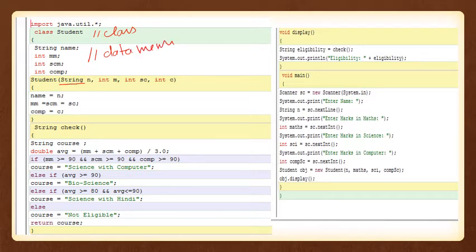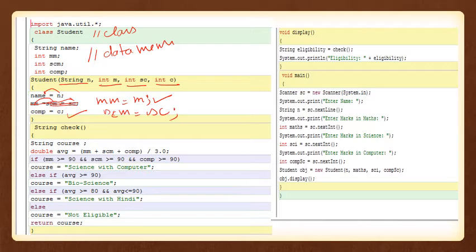Parameterized constructor: for name N, for maths marks M, for science SC, and for computer C. Then assign the value of N in name, M in MM, SC in SCM, and COMP equal to C. So initialize all the data members.